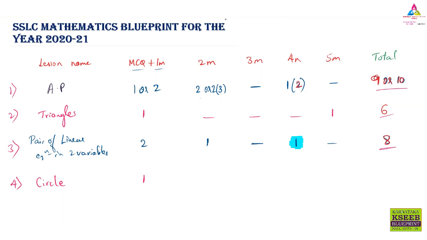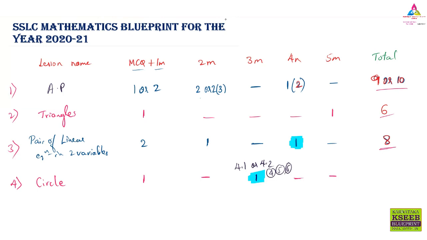Therefore, here you are not going to find any 2 marks question. And a 3 marks question, 1 question will be there, and the 4 marks question will not be there, and the 5 marks question is also not there. The 3 marks question you can find directly, that is nothing but the 4.1 theorem or the 4.2 theorem, or the exercise questions 4, 5, 6 of exercise 4.2. Any one question from these will be fixed.